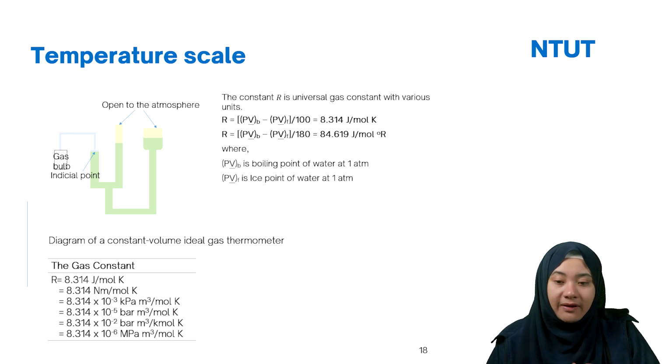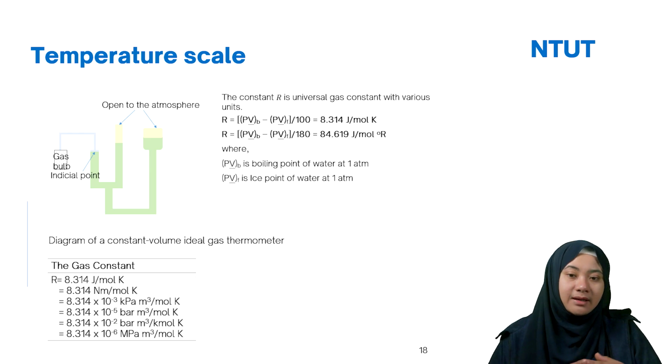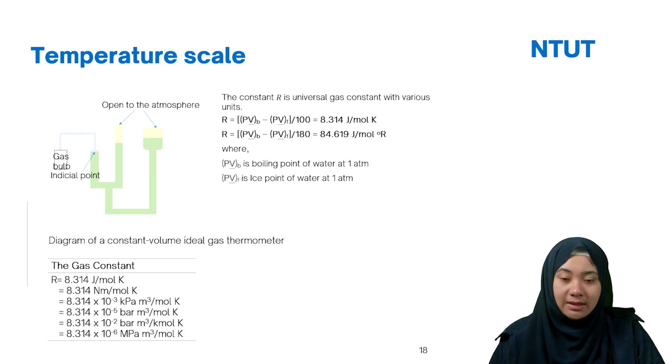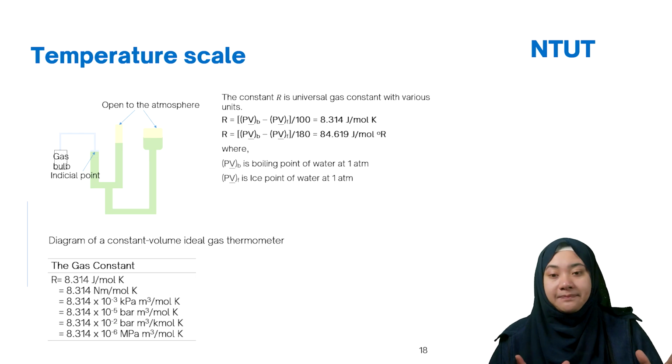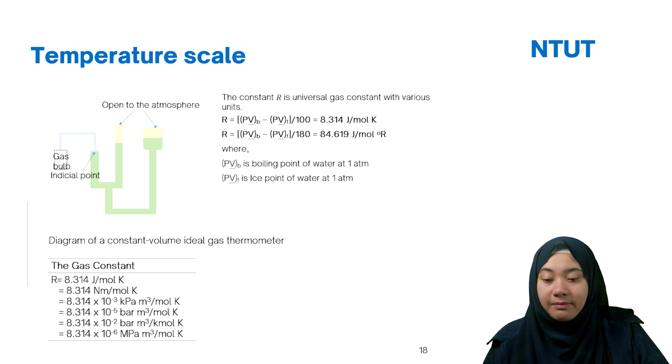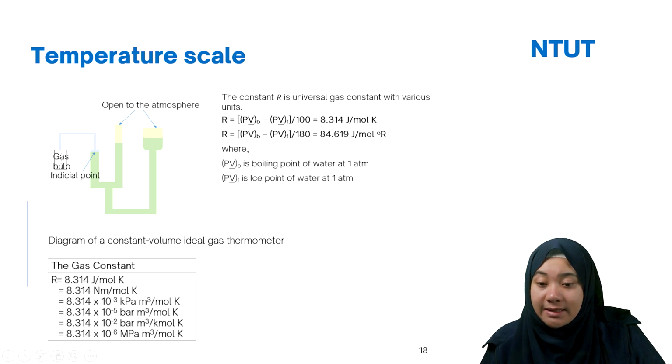When you have the equipment, whether it's new or old, you need to calibrate it every time you do the experiment. This is better because it checks the accuracy, whether your equipment is working well or not. So this is the gas constant. You have different kinds of units, so we can convert depending on which unit you use. You can choose one of these.